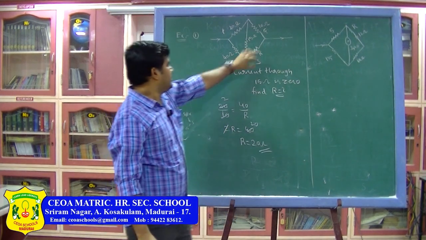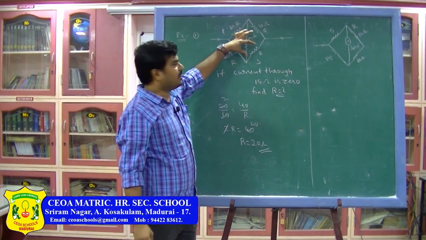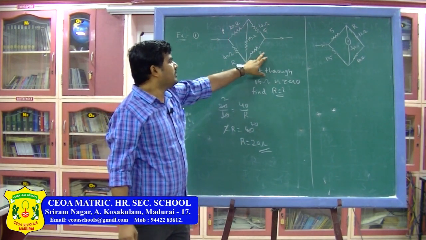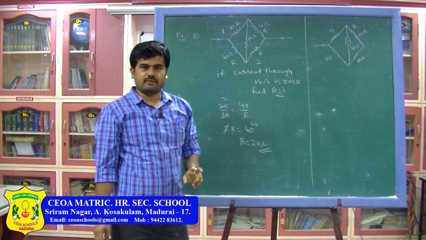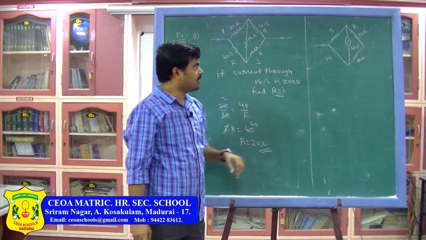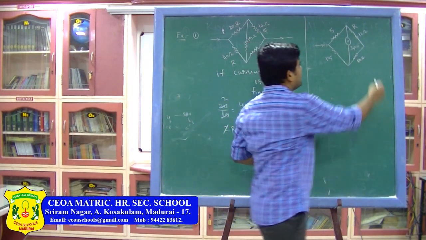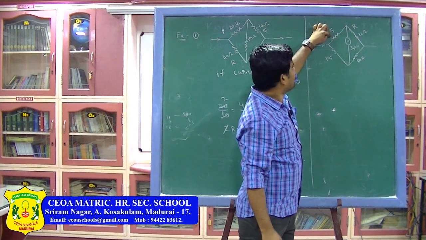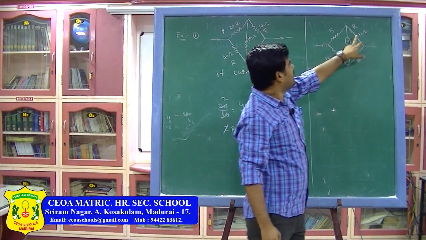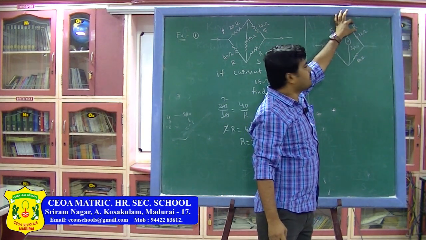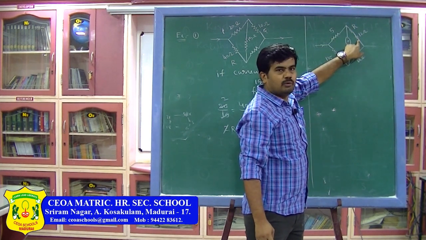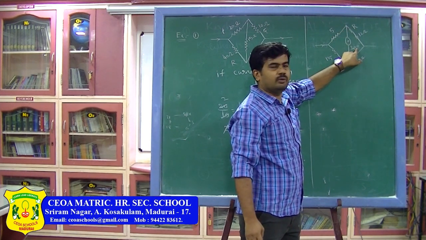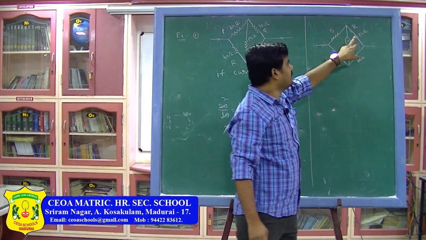So, here if the bridge is balanced, then what is the value of R, or if the current through this 15 ohm resistor is 0, then what is the value of R, that is the unknown value of resistance. This is one method. Next, the second type of problem based on Wheatstone bridge. So, this is the network. In this network there are total 5 resistors. So, 5 ohm and this is 15 ohm, and there is one unknown resistor R, which is in series with this 12 ohm, and then this resistor is 60 ohm. If galvanometer current Ig is 0, find the value of R. Here these are in series.